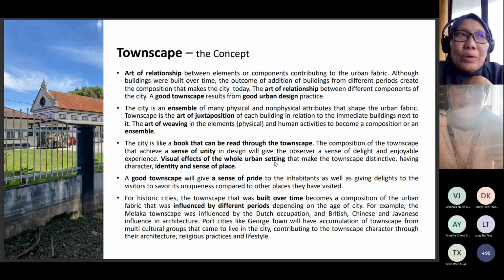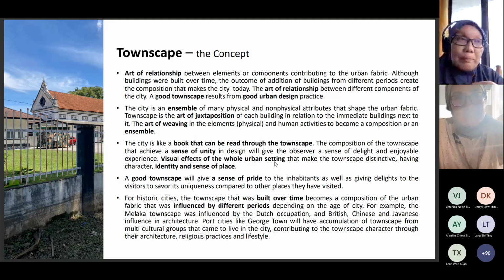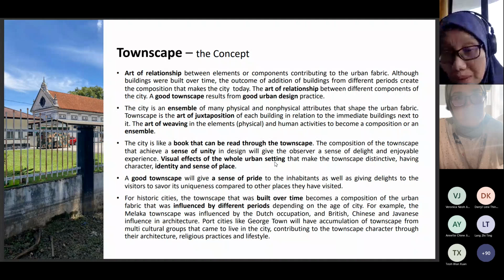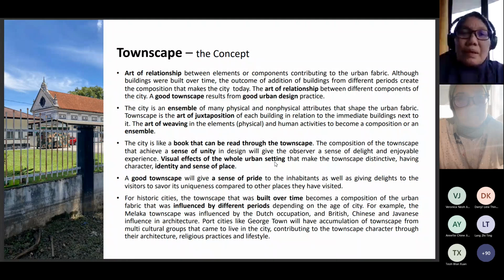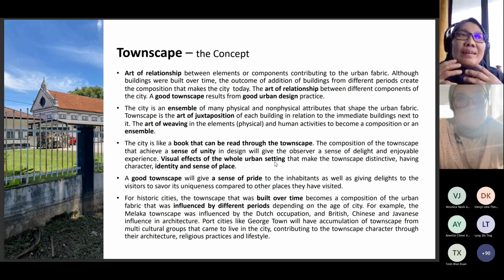So that's why we cannot just blame the people for doing things that are very negative to the environment, but we also have to blame the person who designed the city, or the person who built the cities. You are building cities that give a negative response from the users, the people. And the sustainable development goal, when we talk about sustainable townscape and so forth, is to provide an environment that people will have a sense of pride and belonging in. They will then help to take care of the environment, and the environment will be something that reflects